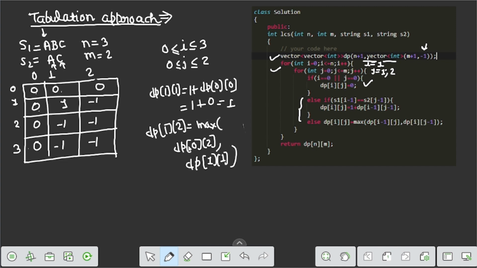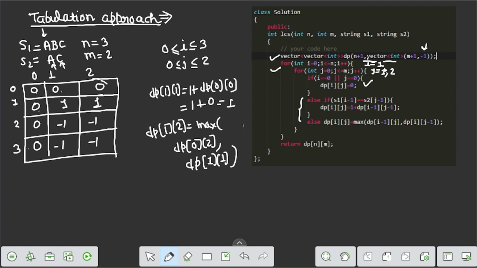So the maximum of 0 comma 1 is 1. So this value is modified to 1.